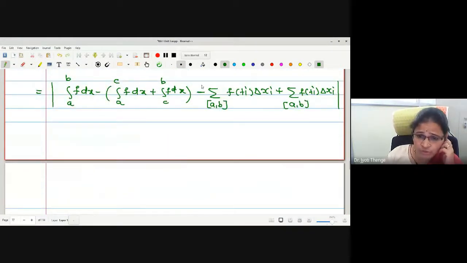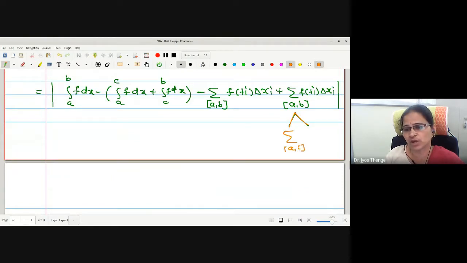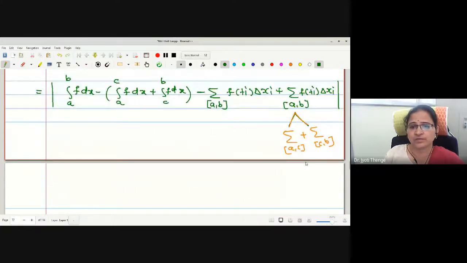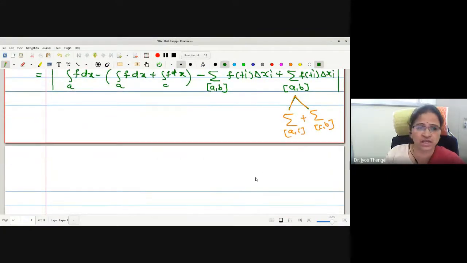Later what I am going to write? I am going to divide this sum into two parts. Which two parts? Sum on AC plus sum on CB, no? Just now we have written. Let me give a number to this, say 4. This is my fourth statement. Okay. Therefore, can I divide this sum as these two summations in the next statement?